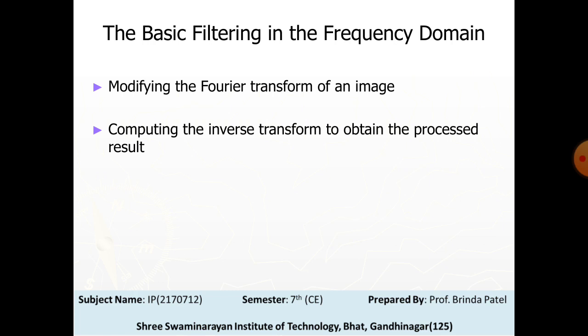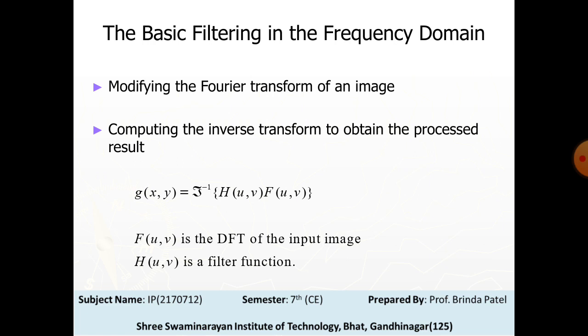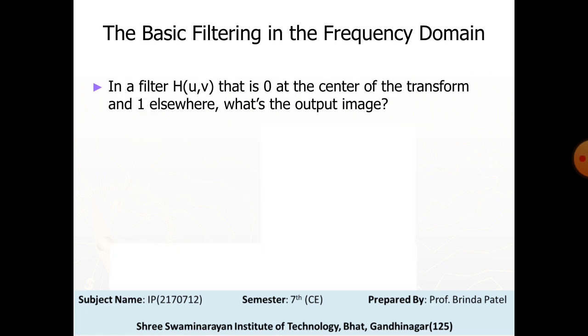So given a digital image f(x,y) of size M by N, the basic filtering equation in which we are interested has the form g(x,y) equals the inverse DFT of H(u,v) times F(u,v), where the inverse is the IDFT, F(u,v) is the DFT of the input image f(x,y), H(u,v) is a filter function, which is also known simply as the filter or the filter transfer function, and